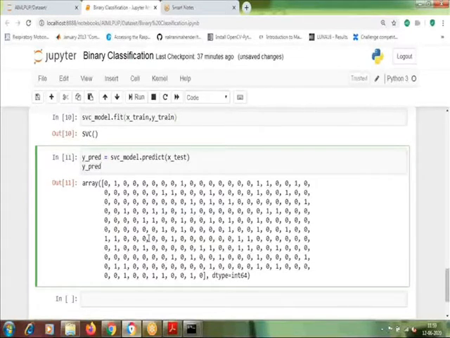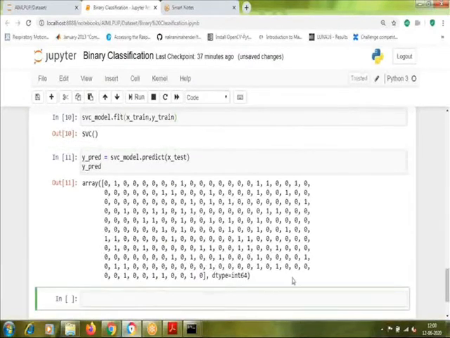So the metrics used in classification are confusion matrix and recall, precision, and all those things. Okay, so we will now calculate the metrics which are required for telling whether our model is performing well or not.